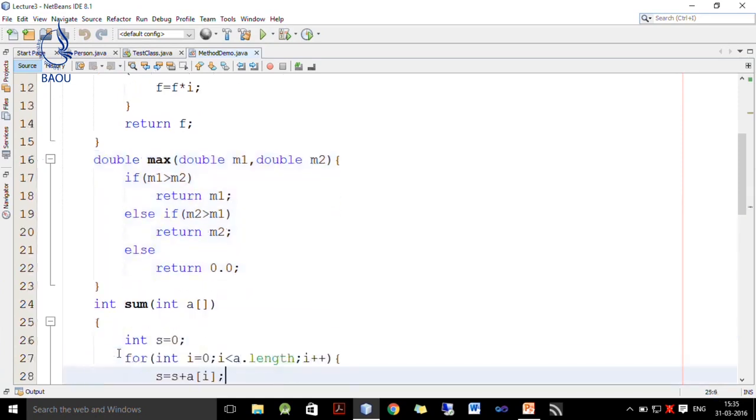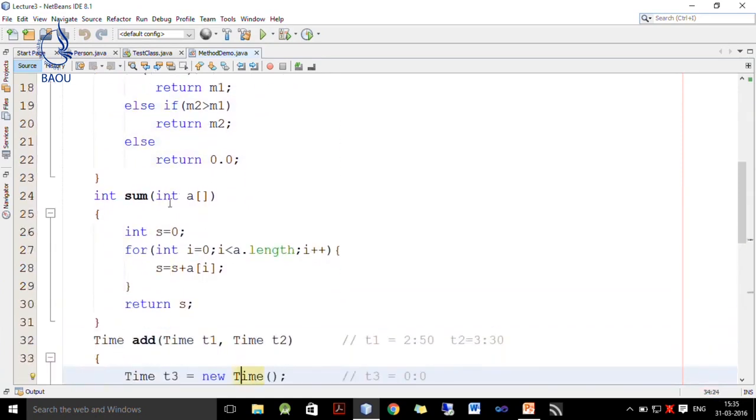The next method takes an integer array as an argument and returns the sum of all integer elements. So, I initialize sum to 0. Now, remember, whenever you want to store a multiplication inside a variable, you have to initialize it to 1, and whenever you want to sum data in a variable, you have to initialize it to 0.